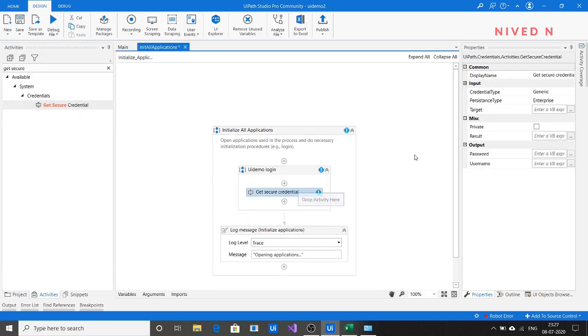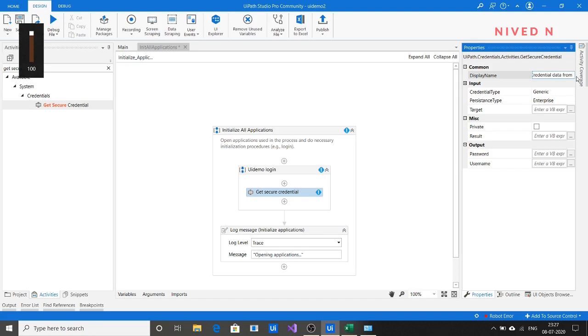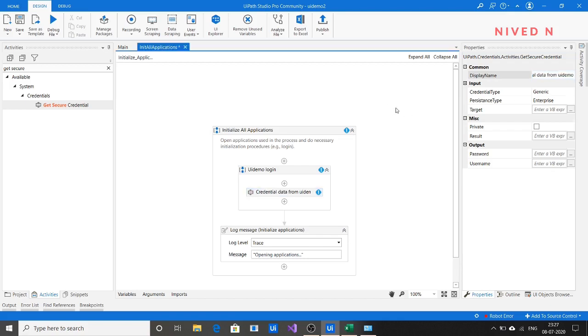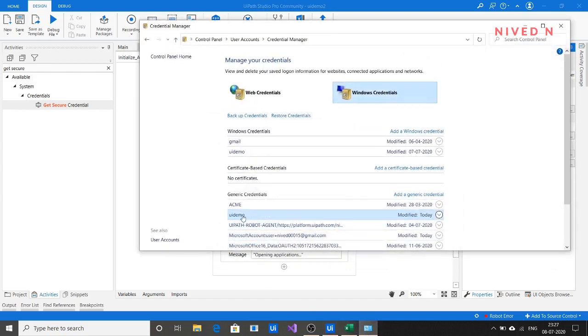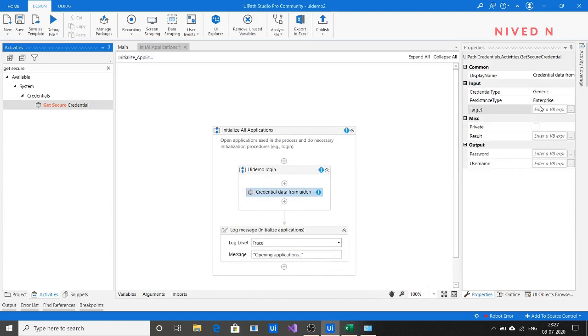Okay, so here what you're doing, you just give a name. Credential data from, let's say UI demo. So you have to provide the details. The target, you have to provide the name of the credential. Here we have the name, general credential UI demo. You have to provide it within the quotation marks. So just provide the name as, let's say,